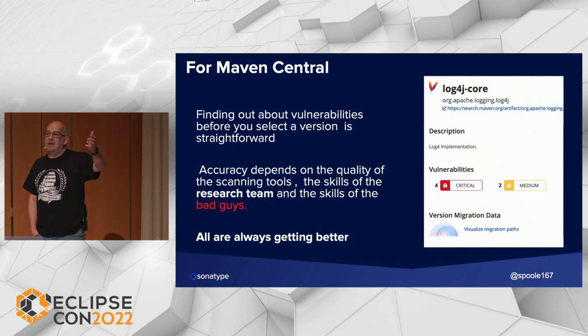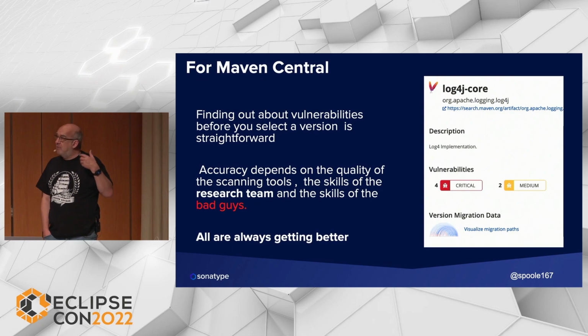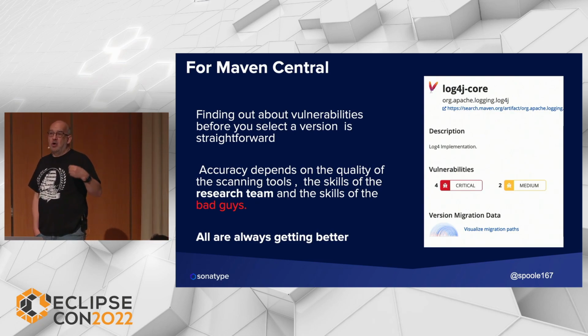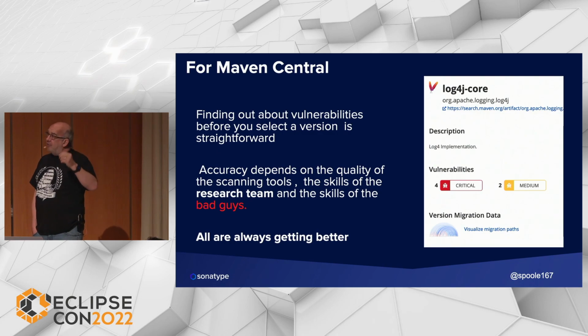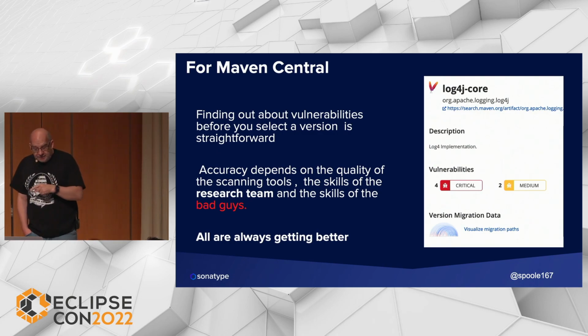And the data comes from researchers. Right? If you don't buy the good stuff, if you don't make sure that you're getting the right data, if you don't make sure the scanning tools are good enough, then it's easy for things to slip through. Right? It's also a factor of how good the bad guys are. And as I'm going to show you in a minute,